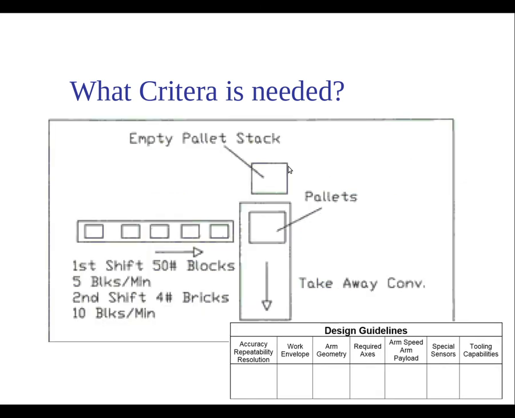All right, so here's just another example. In this case, we have a conveyor bringing down blocks, but there's 2 different types of blocks. There's actually 50-pound blocks coming down during the first shift, and we're looking at maybe 5 blocks a minute, but during second shift, we're looking at 4-pound bricks, but we're looking at 10 of those a minute. And so, if you're trying to pick up 50 pounds, you're going to have to maybe consider the payload,